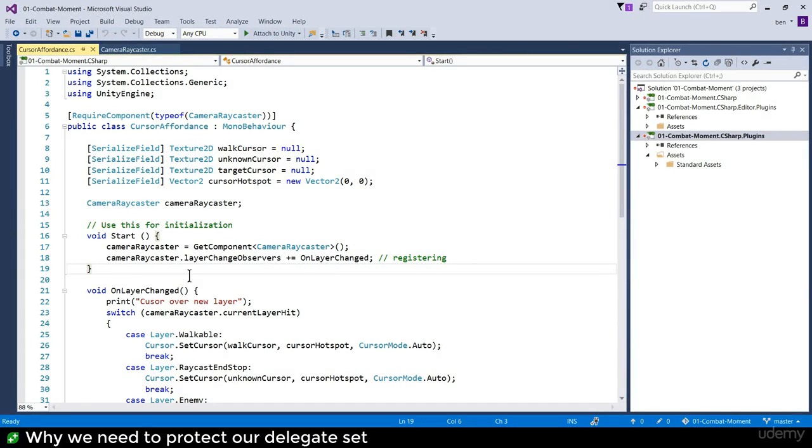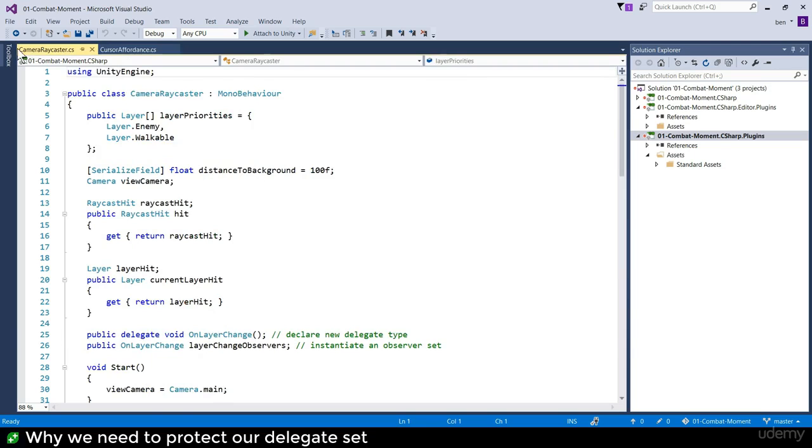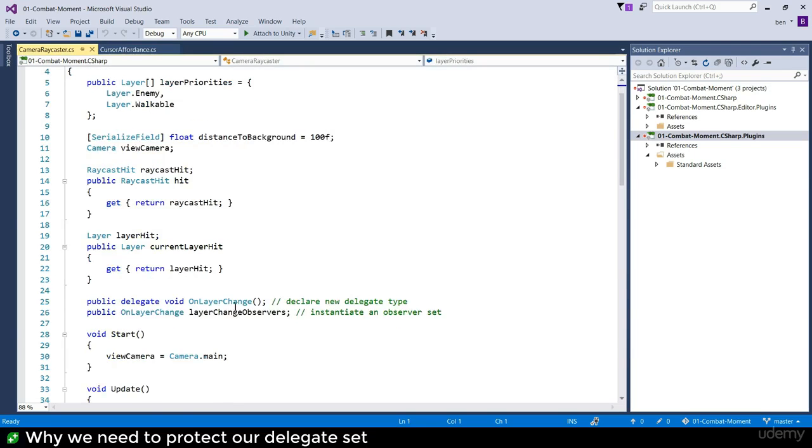Because this is new to quite a lot of you, this delegates and observer pattern implemented using delegates in C#, I just want to talk you through quickly again what's going on, and then I am going to talk about the event keyword. So let's remind ourselves quite what happens here. In the camera raycaster as a starting point, remember that we declare ourselves a new delegate type called onLayerChange. Then we immediately instantiate an observer set, a set of observers called